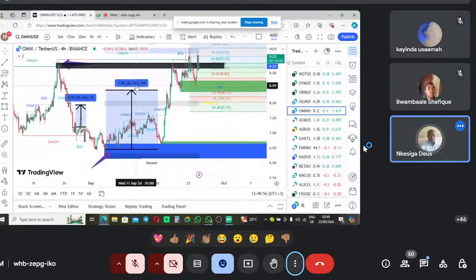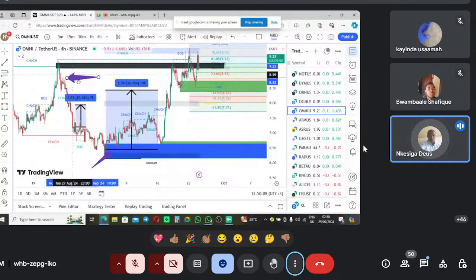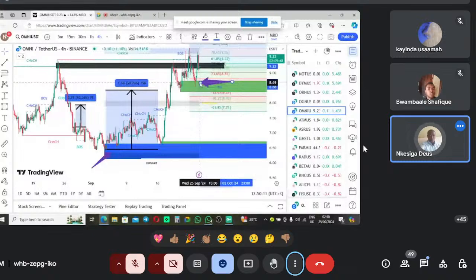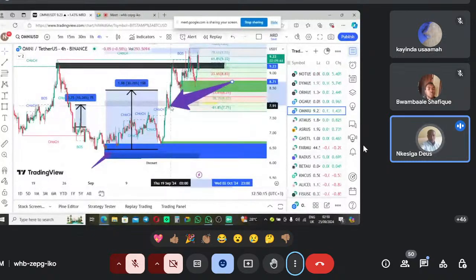That's why I decided, at least let us take 30%, whereby I'm sure that that 30% is a sure deal, because it was a small distance from the equilibrium. You can see equilibrium is here, and this is its block. You can see after closing above the equilibrium, we came back to test the equilibrium, then to get more momentum